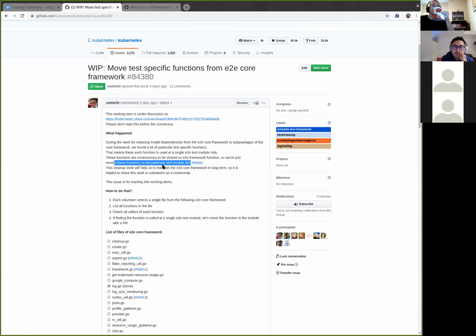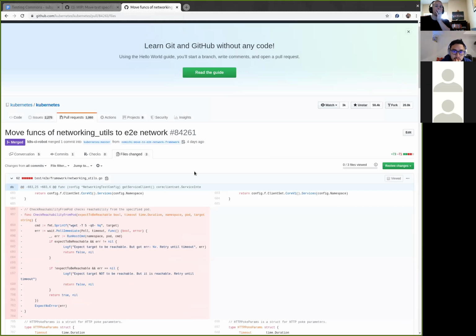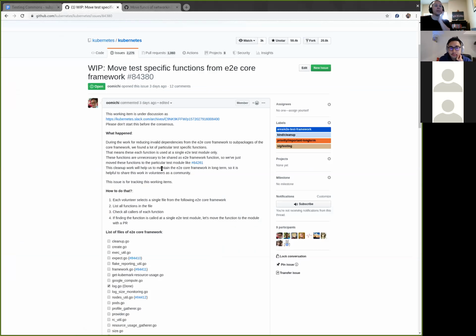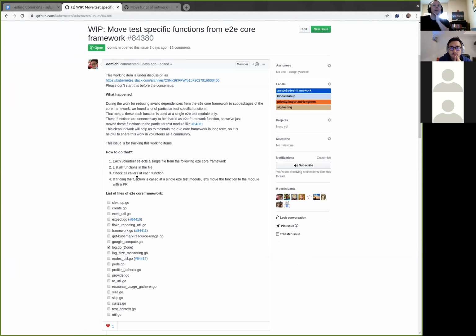Yeah, so I think we just need to agree on what is that magical number where we say this is called in too many places, let's pull it into our framework so we can just call the framework, or just keep it duplicated? This one is only once, so you can tell that it's clear. I don't think there's a magic number. I think there's a level of prudence. You have to take a look at how it's being called and whether it makes sense to have that dependency. Because if you look inside of the code, there are weird dependencies that shouldn't exist all over the place. So it's a matter of factoring things appropriately.